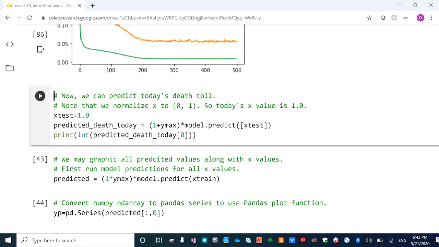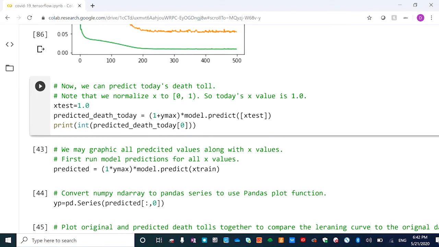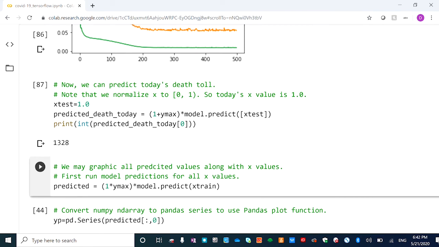Okay, and next we're going to predict, since we have the model trained. As you remember, we normalized the x into 0 and 1. So when the x value is 1, it's actually today. So we go ahead and put x equal to 1.0 and run the model to predict the value. And this will give you today's death toll. Okay, and we go ahead and print it out, and you see the number is